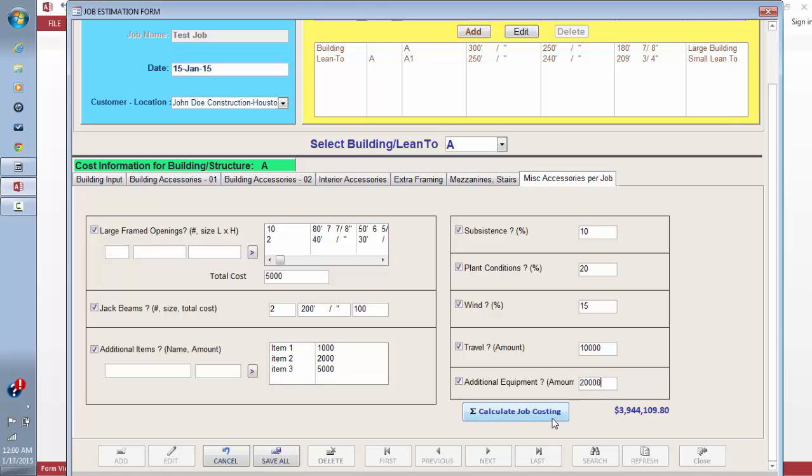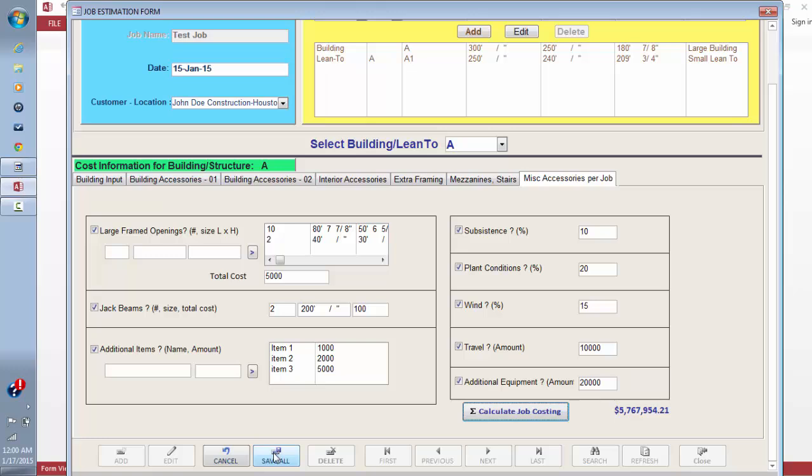And folks, I will now go ahead and click on calculate job costing, and our total cost now comes up to $5,767,954.21. At this point, we have completed estimating this job, and we can then go ahead and click on the